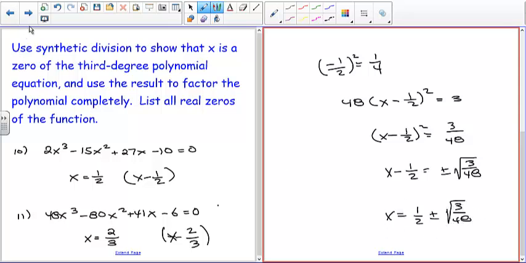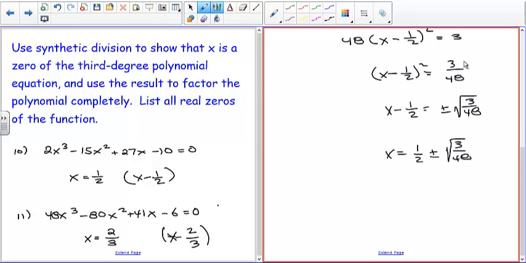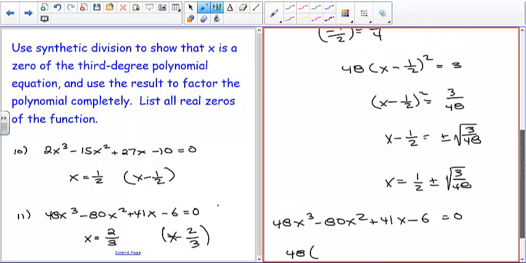So those are the other zeros. So we're going to look at this two ways. We're going to rewrite the original equation in its factored form. So what we'll have is we'll have 48 times, well, did we do it? Yeah, I think so. So what we're looking at is